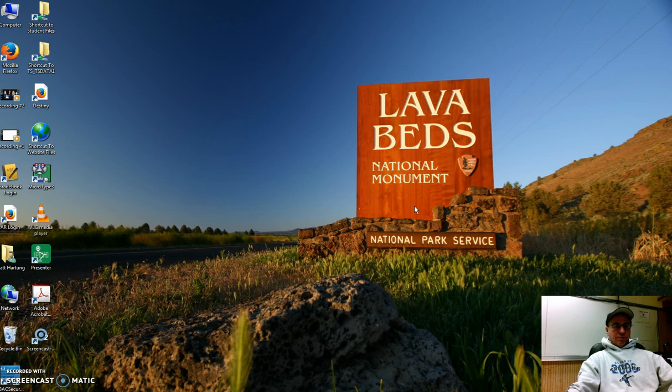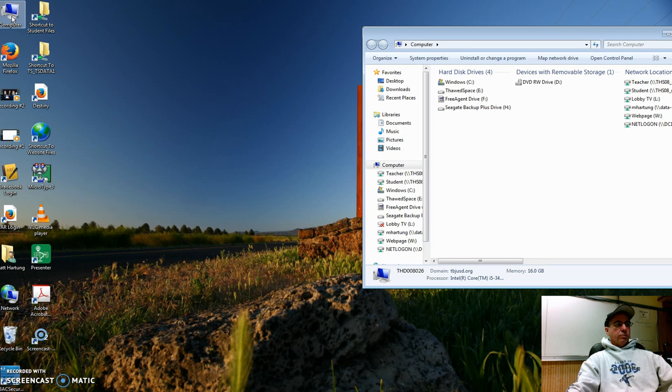So the first step to get ready to put this production together is to go ahead and click on your computer icon so that we can navigate over to Drive B, find the folder that contains all those images that we need, and copy them over to your Drive E. So you're going to click on Computer, Student Drive B,